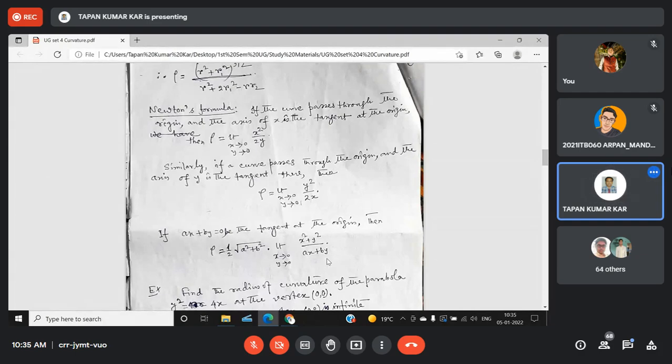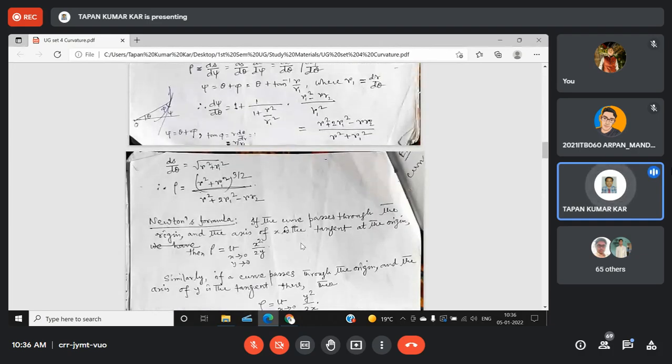I will show you something. Remember this. If you take a curve which passes through the origin and you need to find the tangents to that curve at the origin, then find the lowest degree term in the given equation. That lowest degree term equal to 0 gives the tangent at the origin. Clear? Then you don't have to use any formula. Just set the lowest degree term equal to 0. That is the tangent at the origin. I will show you some examples here also.